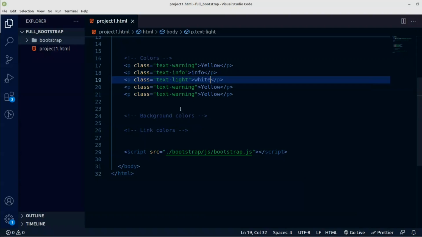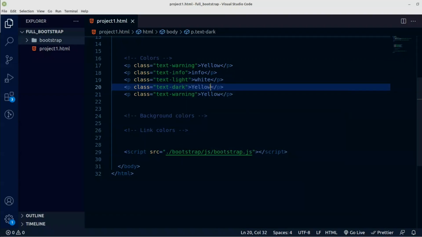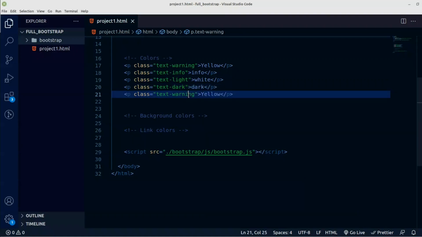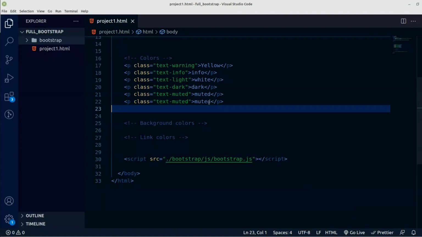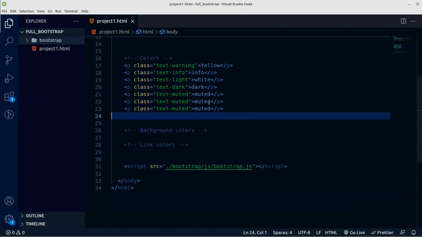White, right? Then I have text dark, okay, somehow dark, right? Maybe I should say somehow dark. Then I have text method that is somehow, I don't know, method. I don't really know how to call these colors, so you're just going to say how it will be. So text method, then I still have some other colors